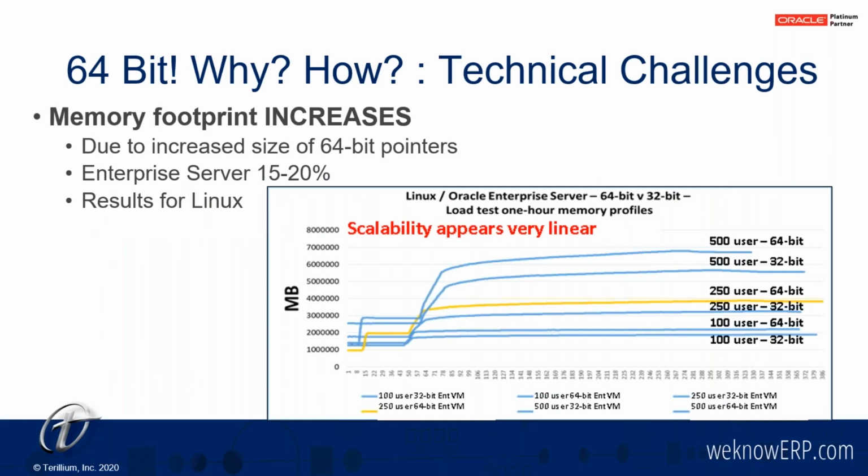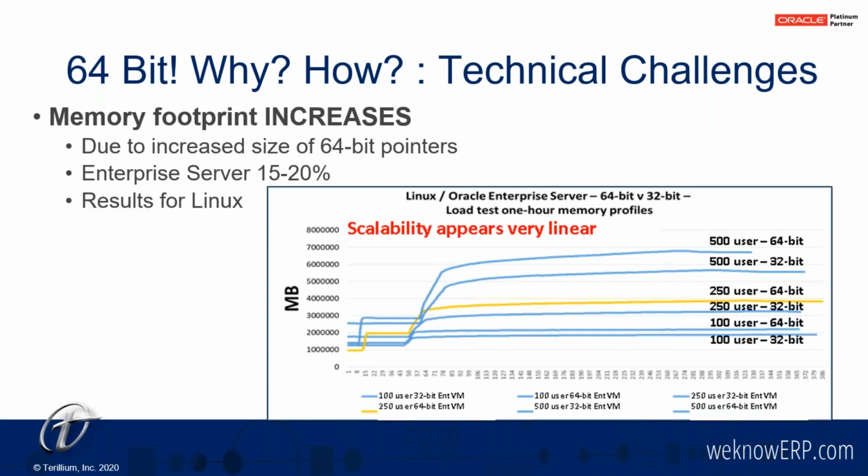The memory footprint increases. That's because the 64-bit pointers are larger. How much? The enterprise server, about 15 to 20%. The results, I showed the results for Linux there, and you can see there are 6 graphs, and each of them kind of present themselves in pairs for 100 and 250 and 500 users, and you can see it's very linear, that the 64-bit line is higher by 20% than the corresponding 32-bit line, and that remained very consistent from